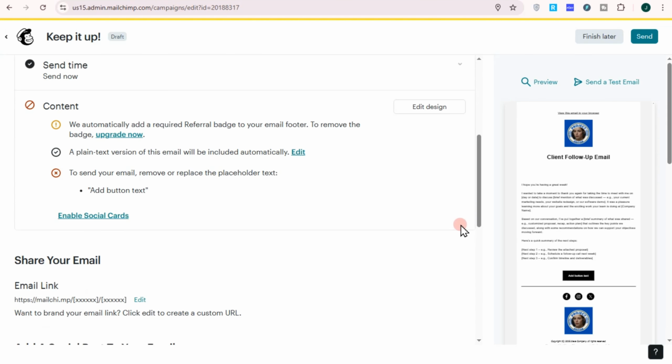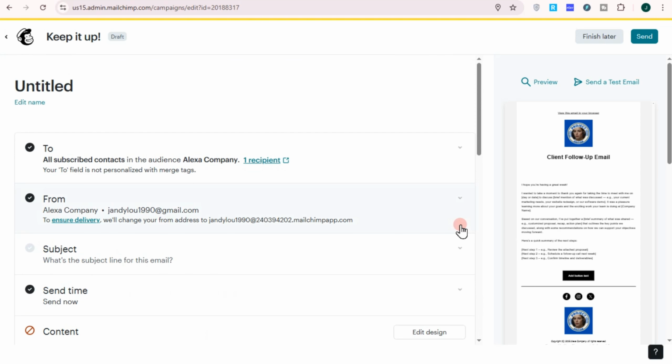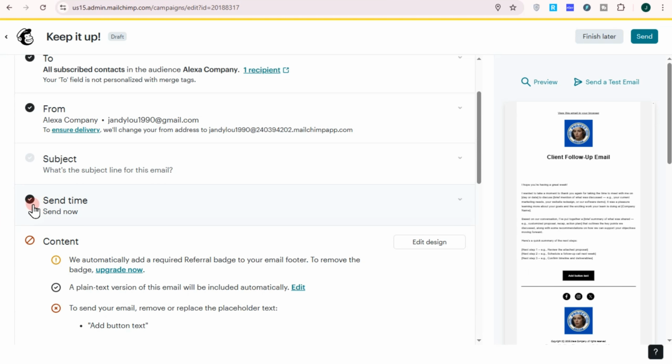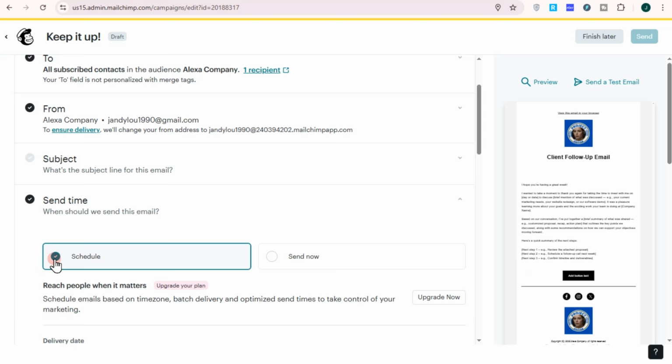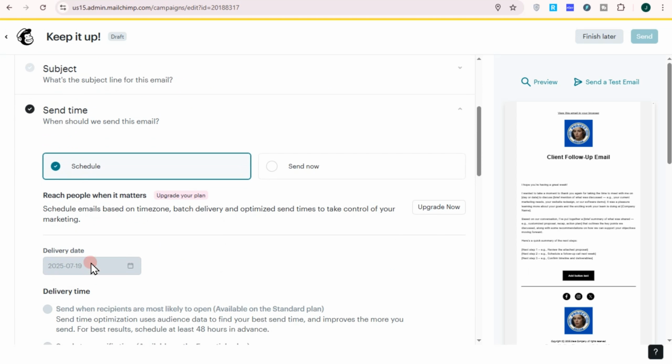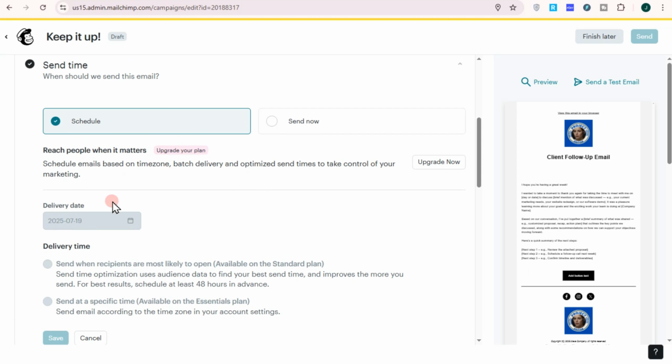So basically, if you scroll down here, there is this feature that you can schedule this email. However, in some cases, you need to upgrade your plan in order to use this one. So once you have upgraded your plan, you can now schedule your email, and this is what it looks like. So after you have added the date, it will be automatically sent to your client or to your friend or someone. And that's how easy it is to